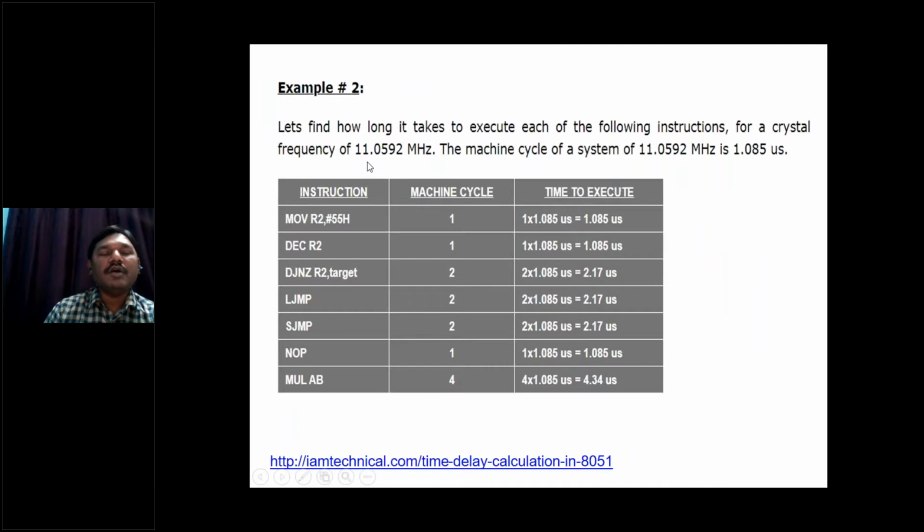Right, so our oscillator is operating at 11.0592 megahertz. Why it is operating at this frequency, we will see in the coming classes, because we have to explain serial communication. The serial communication ports need some baud rate and bit rate. So to meet the equal bit rate or baud rate, they have designed 11.0592 megahertz. If it is 12 megahertz, it is not possible to generate the equal baud rates.